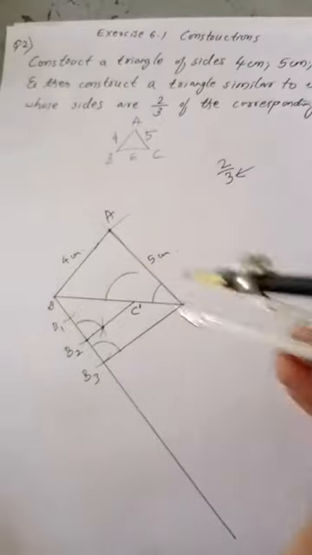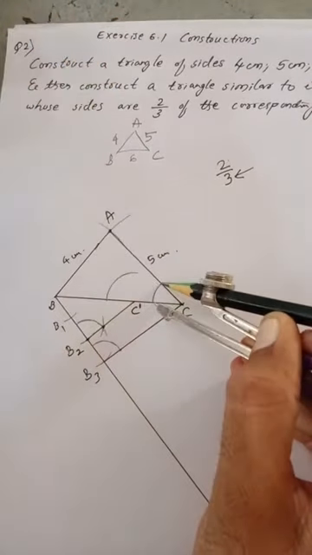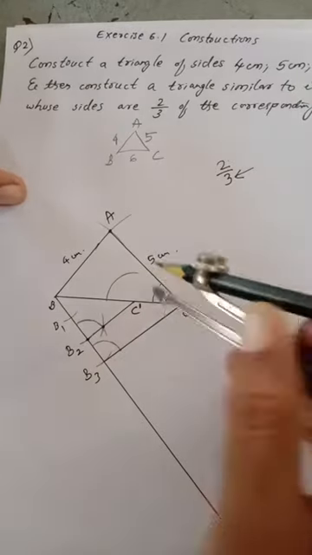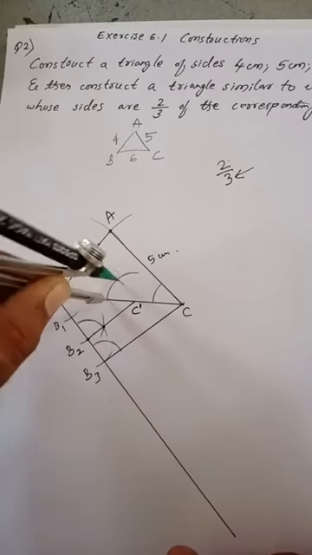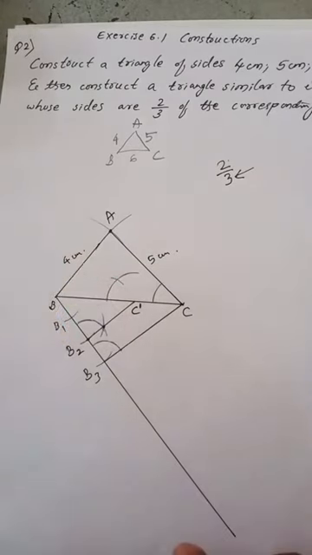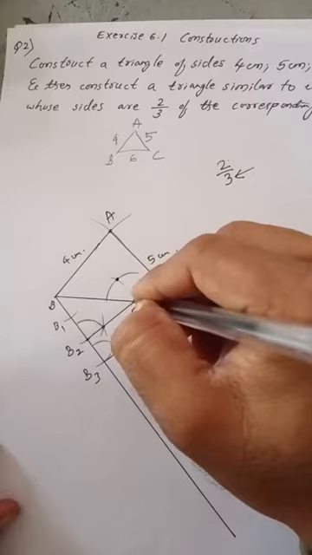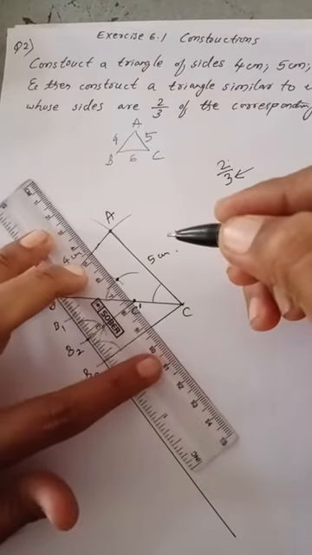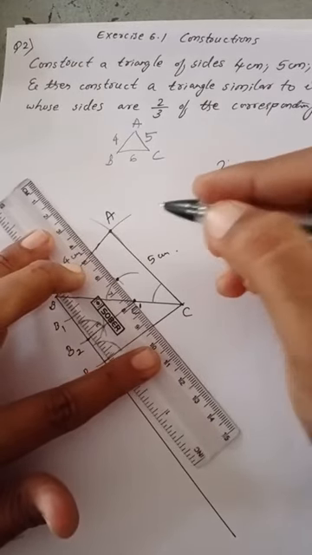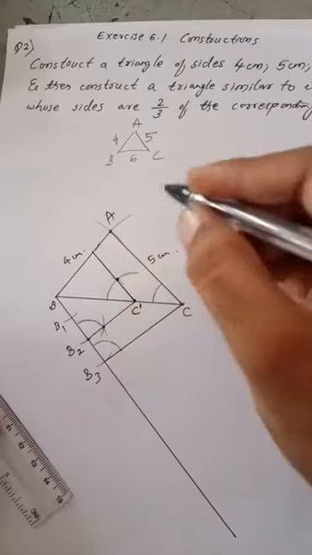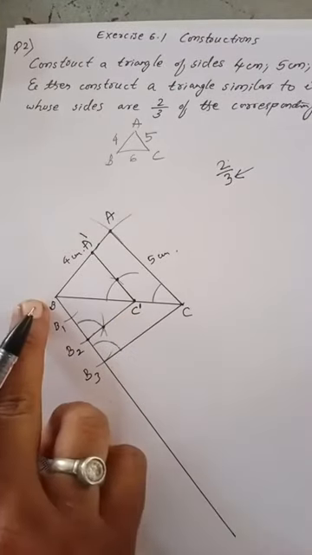Draw like this an arc, and that arc should be cut by using this measurement. See here. This is the measurement which I'll use to cut. Then I'll keep on this point. Then I'll cut this. Once I cut, again I'll get a point which you can see here, that I will join from C dash. Using a scale, just see whether it is straight or not. Adjust it and draw. Yes. So this is my new triangle, which is A dash, C dash and B.